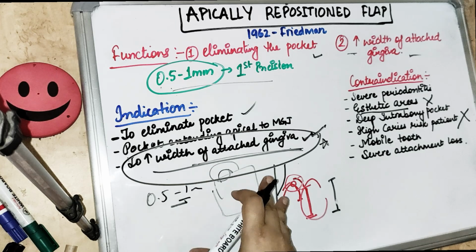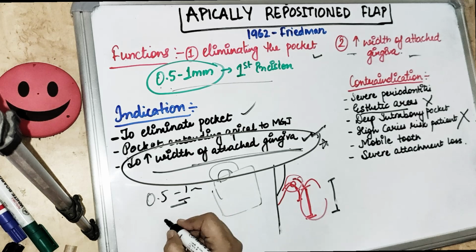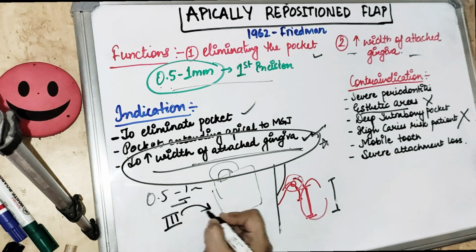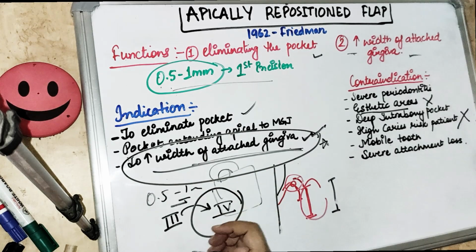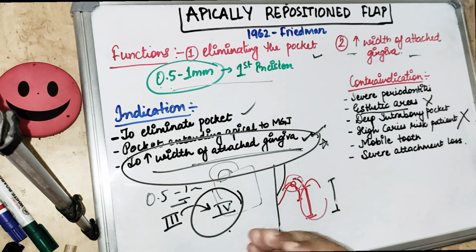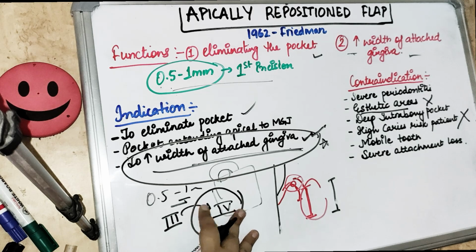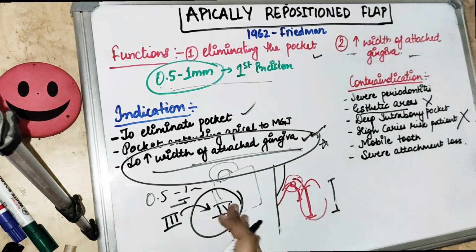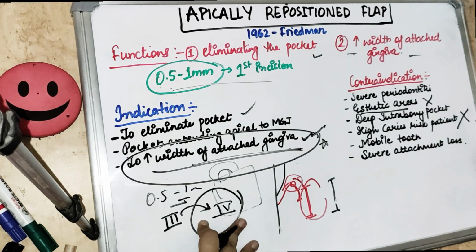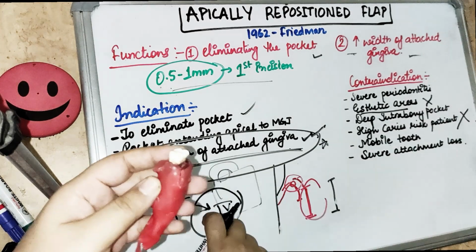So it also establishes a good morphology for facilitating good oral hygiene for a patient. For example, if we want to convert the class 3 furcation to class 4 furcation in order to get good patient oral hygiene. There is also post-surgical bone loss, which is minimal in this case, and this ensures a healthy root surface, because of the biological width on the alveolar margin, and there is a lengthened clinical crown. So you see we get a long clinical crown.